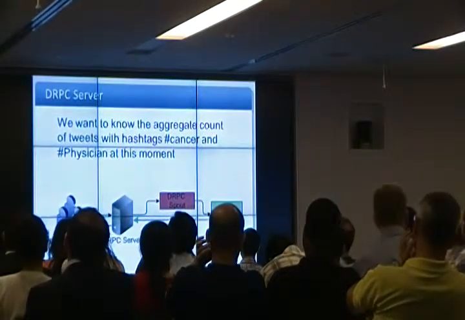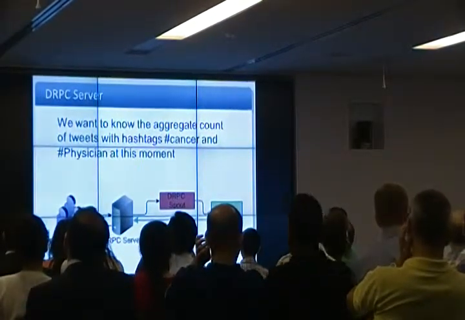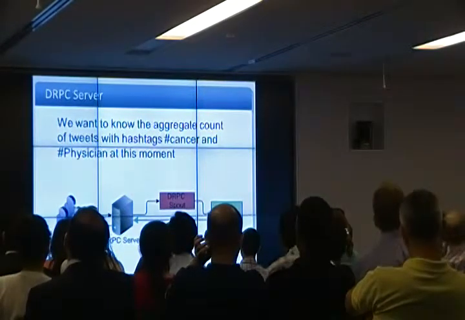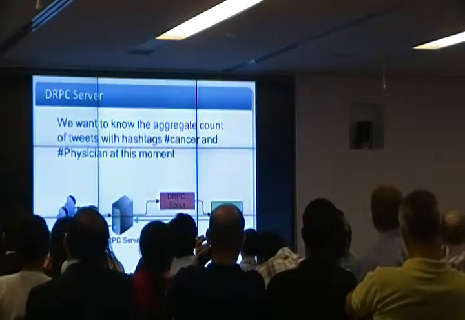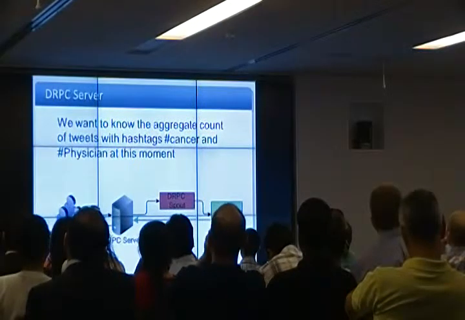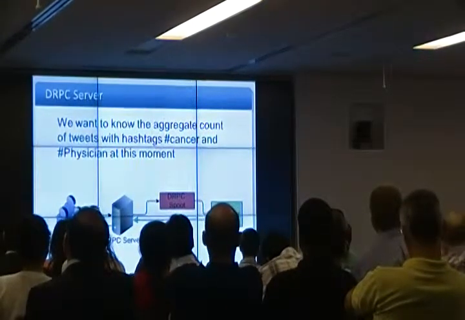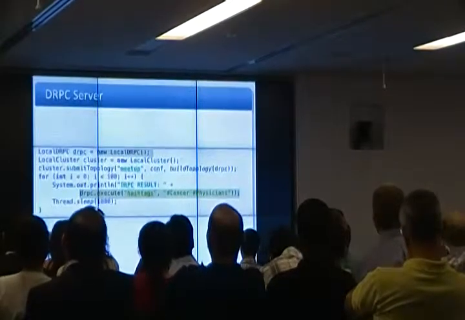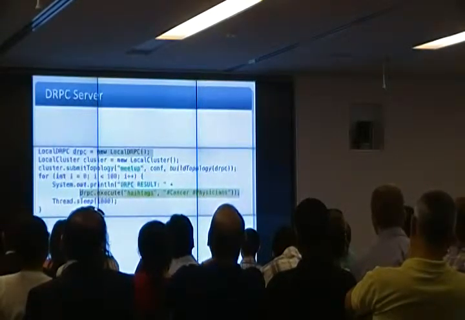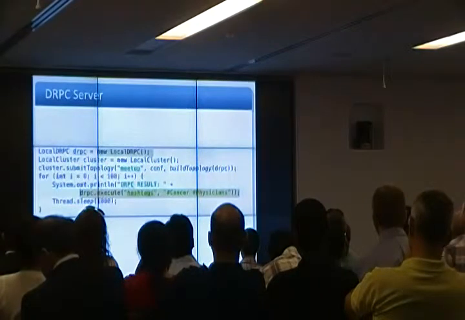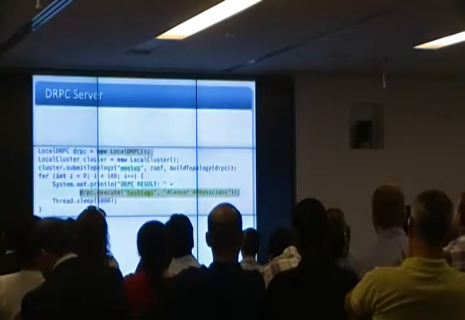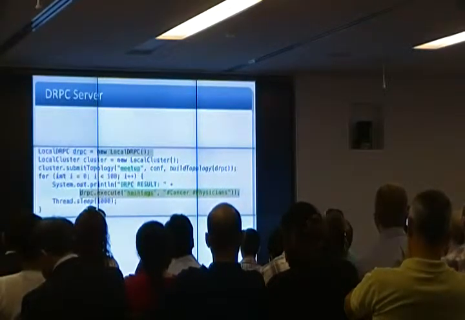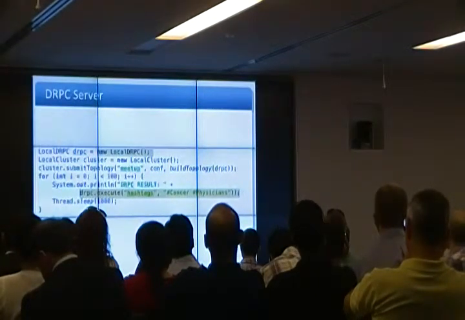Let's say your browser is asking these questions. And Storm and Trident via the DRPC server will return this answer. So the DRPC server is just a little guy sitting in the middle, getting an argument, like a function, and executing it. So for this, I created a little example that prints hashtag cancer and physician counted every 1 second